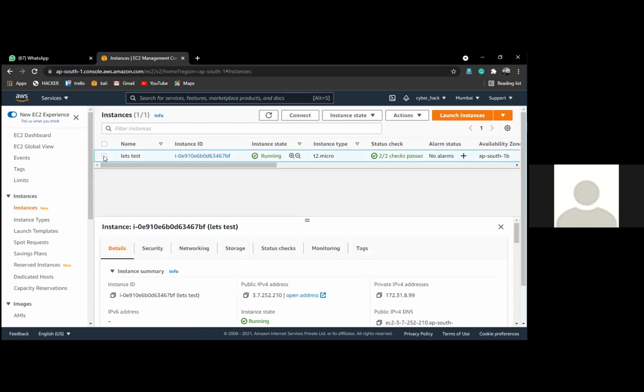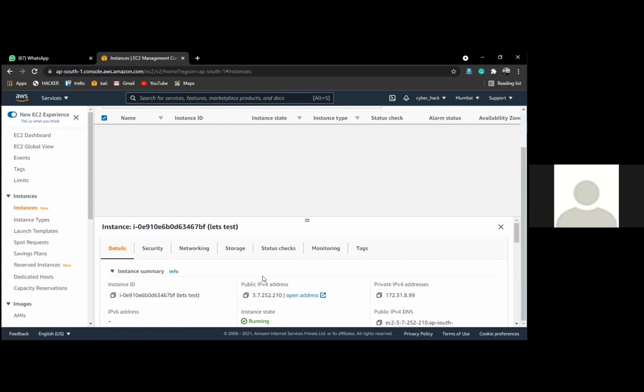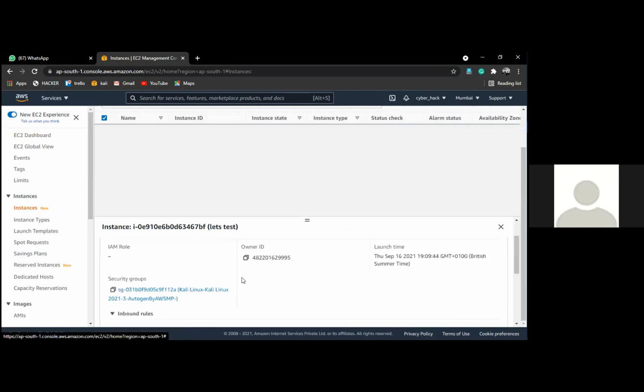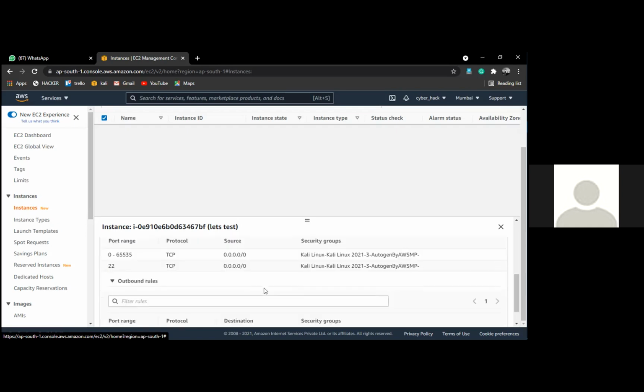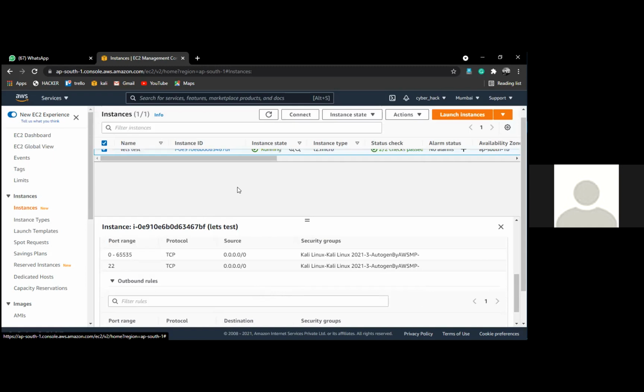Now scroll down a little and click on security. We have to update the inbound rules. Okay, we have updated the rules. We have opened all the ports, 0 to 65,535, so that we can test the incoming connections. That is fine. Okay, we can come back to our part.